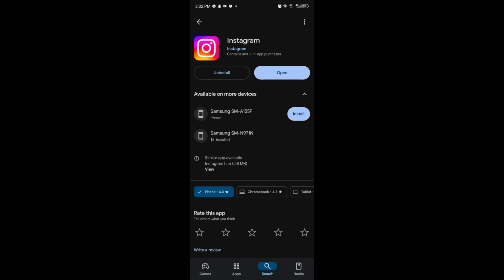But right after updating the application, you can just go ahead and open it up and see whether you already have the Instagram AI or the Meta AI. If not, the only reason you don't have it is that Instagram hasn't released it in your region yet. So you can just go ahead and wait for further announcements or further updates, and eventually you will